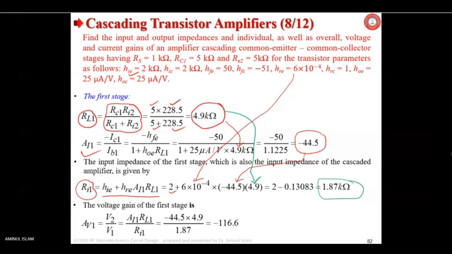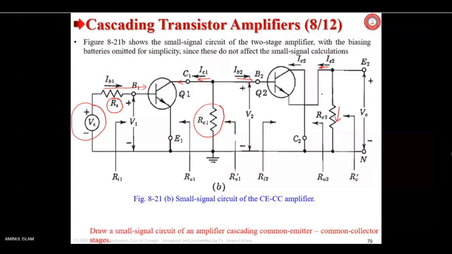Okay, is it okay? But we have not taken into account the RS, the source resistance. Remember that. Have you taken it so far? No, sir. Not yet taken. Source resistance means which one? The resistance here, RS. We have not taken that into account. Without that, we are doing this.